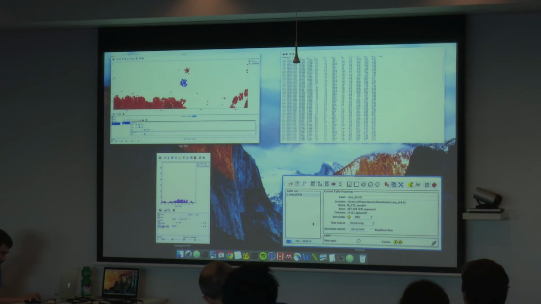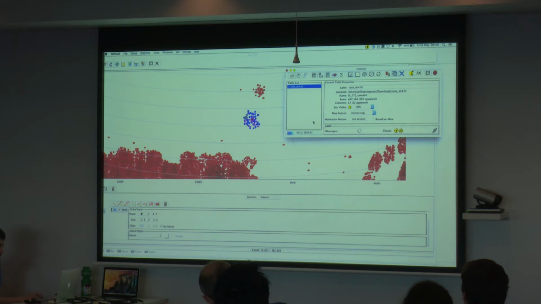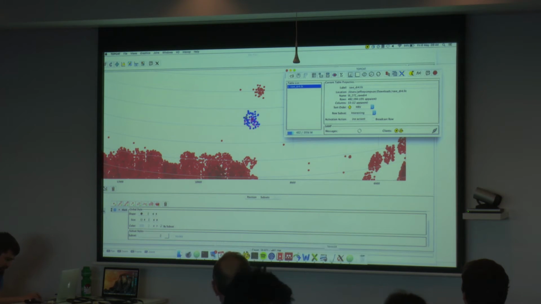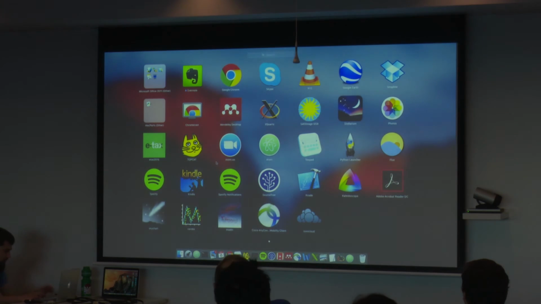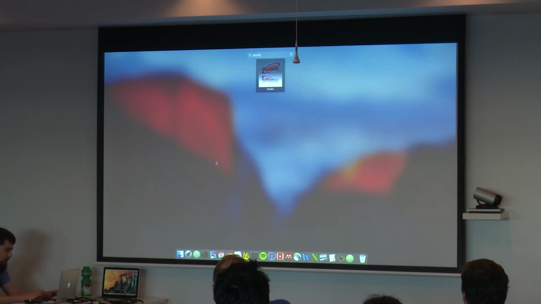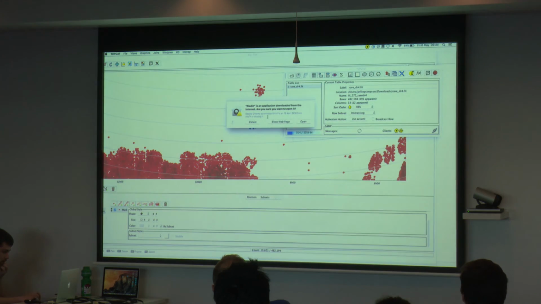So the one catch I should say, so we've identified this interesting thing, but you can't really easily work out what it is from inside TOPCAT, because obviously it's a cluster of stars. So what we can do is go, now if you have a ladder installed,